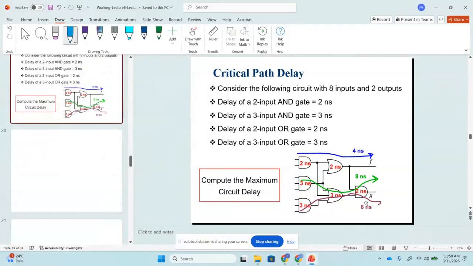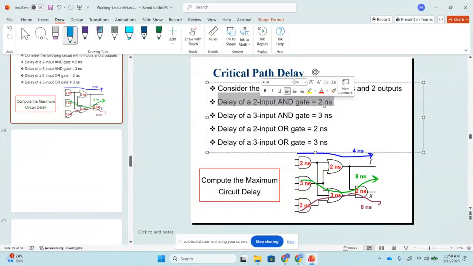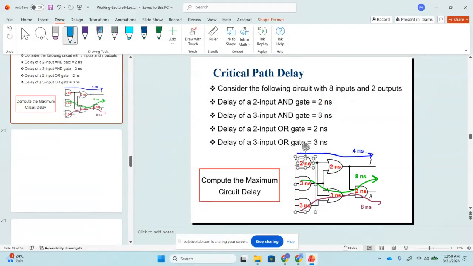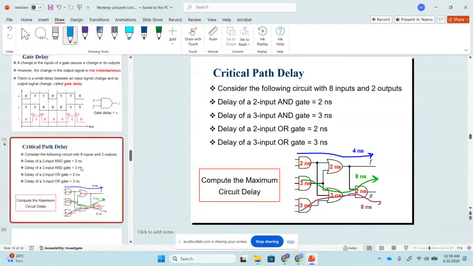There are 6 gates. What is the delay for a two-input AND gate? The delay for a two-input AND gate is 2 nanoseconds. The delay for a three-input AND gate is 3 nanoseconds, and so on. Now what I'm going to do is explain this. Copy, and then